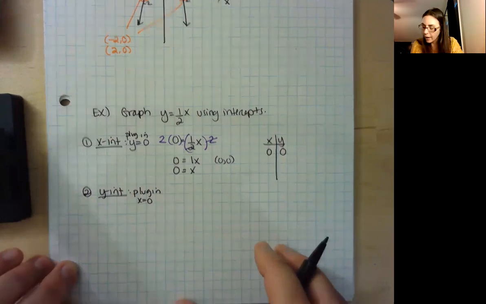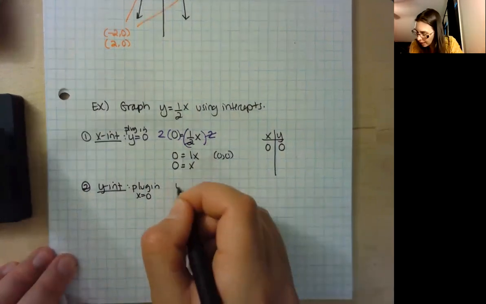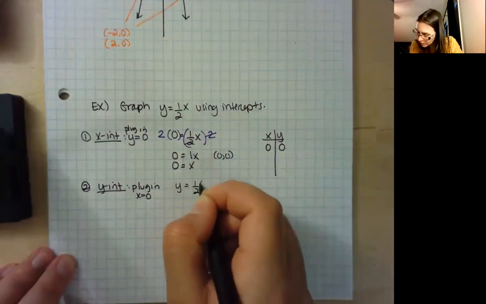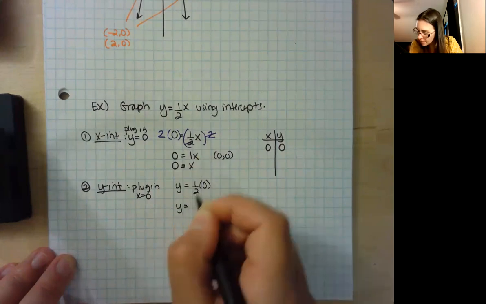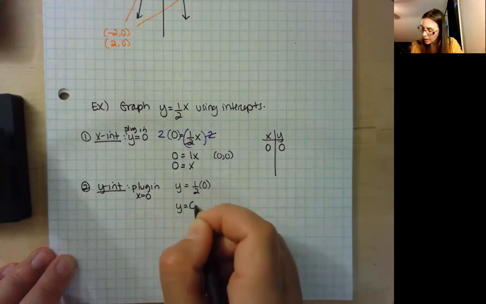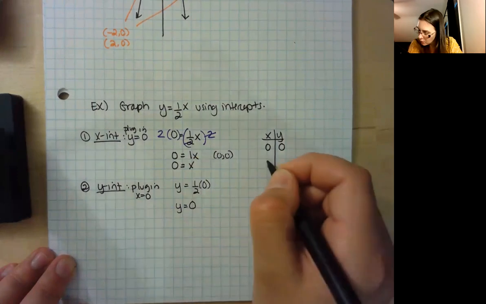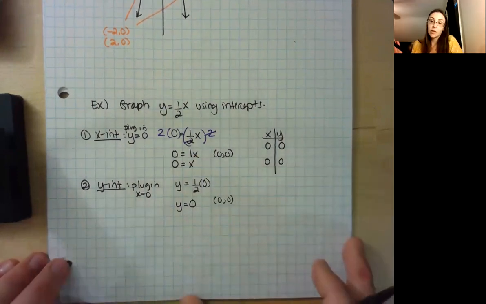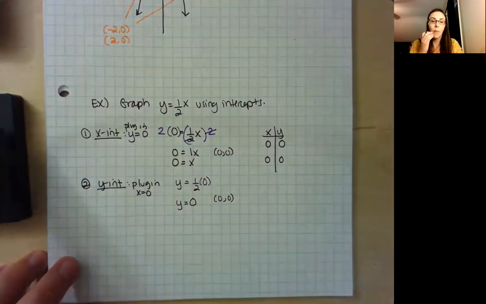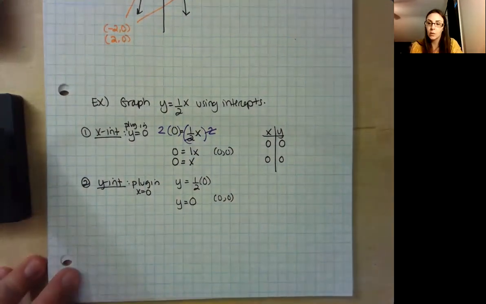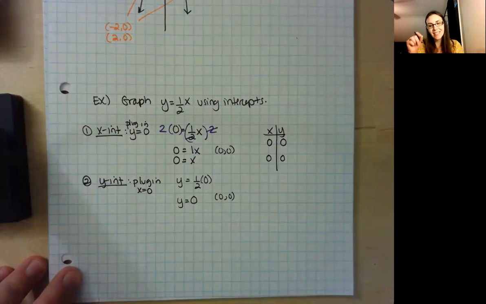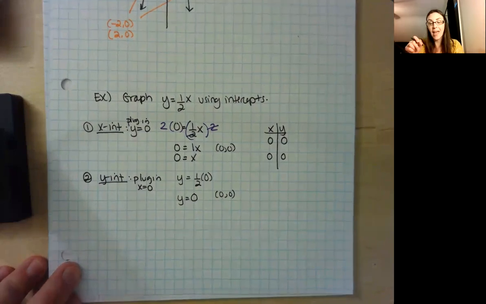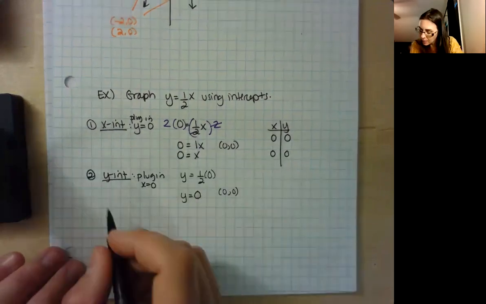Now, when I go to find my y-intercept, you're going to notice something kind of weird happen. I go to plug in x equals 0. Well, 0 times 1/2 is still 0. So I get y equals 0. So I end up getting the same point twice. Now, I didn't do anything wrong here. It just so happens that both the x and the y-intercepts are 0, 0, meaning that we cross at the origin. So we cross both axes in the same place. It's at that perfect center. So if this happens,